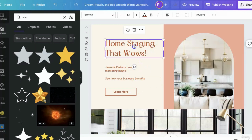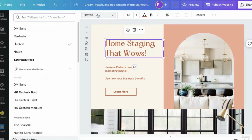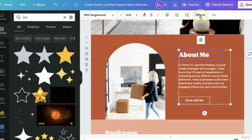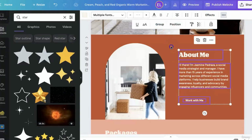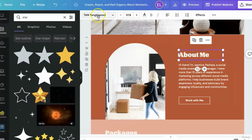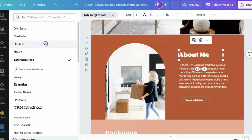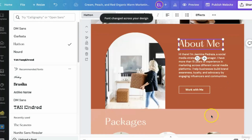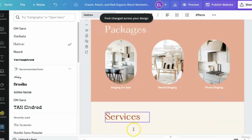And then I like that font better myself. So we're going to see how this all got highlighted. We're going to ungroup, that way we can change everything. And we're going to go to Hatton. And look, if I know I want to change all of this one to this font, I'm just going to click change all. Oh, see, so now that's changed,